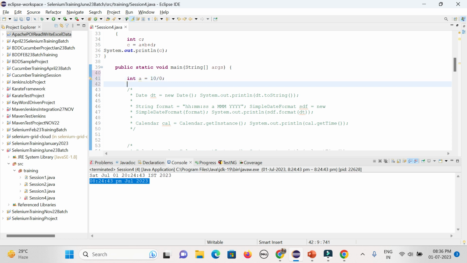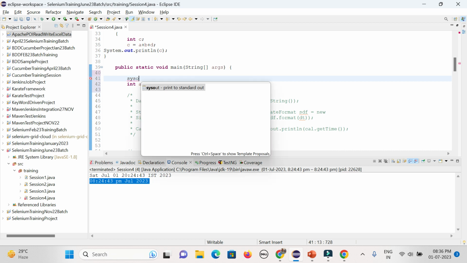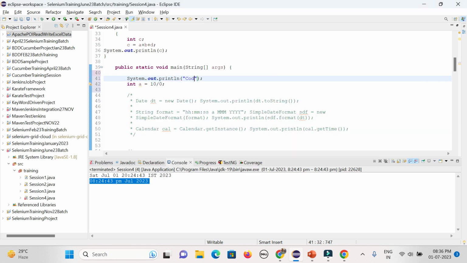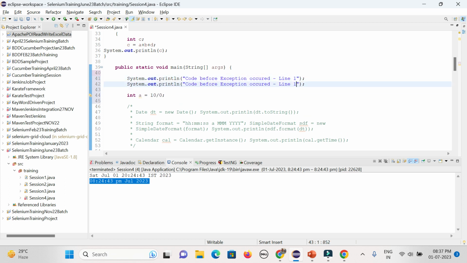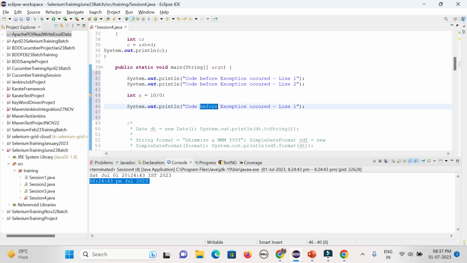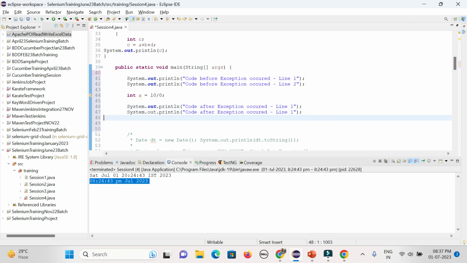Okay, and give something like code before exception occurred, line 1, and code after exception occurred, line 1, and again another line, line 2. So that is the way I have written 5 lines of code, and here the exception will occur